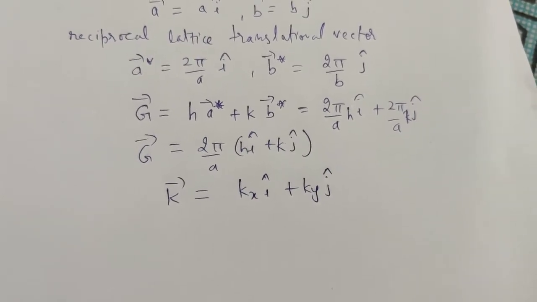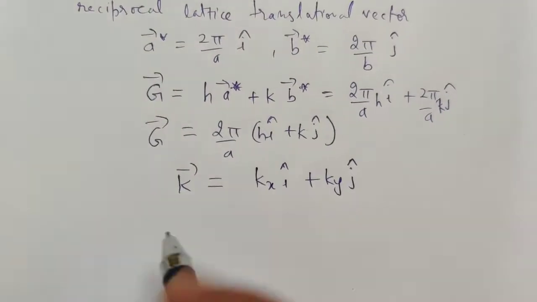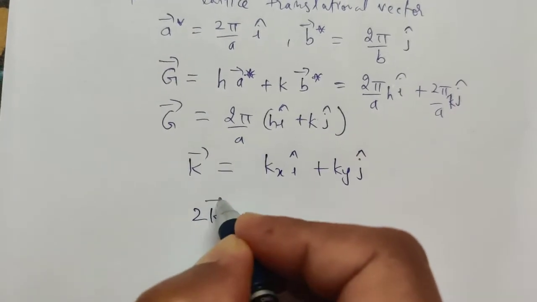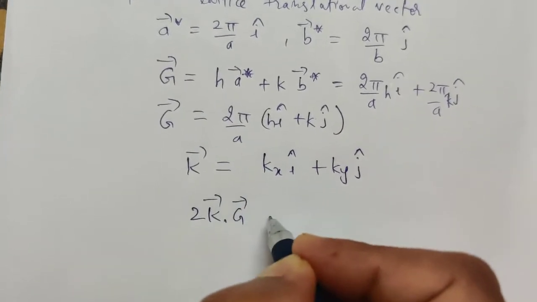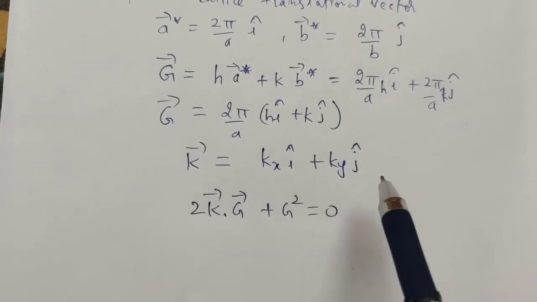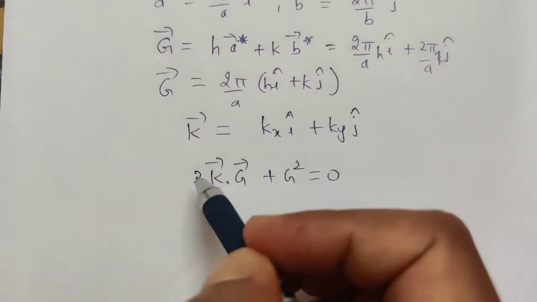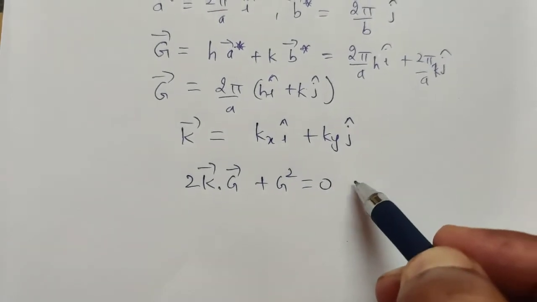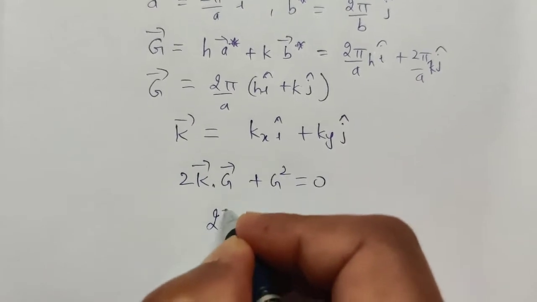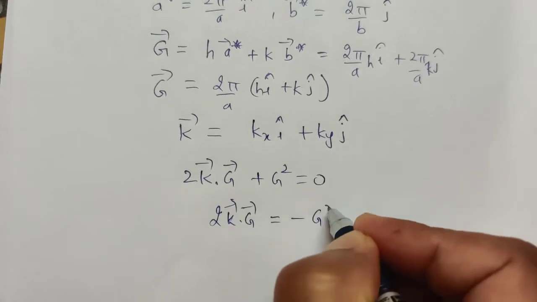So now if an X-ray is incident on some lattice point of your square lattice, so then for X-ray diffraction to happen, the Bragg's condition will be satisfied. Since in the reciprocal lattice your Bragg's condition is given like this in vector form. So for X-ray diffraction to happen inside your square lattice, this condition should be satisfied. This is the Bragg's condition in reciprocal lattice, or Bragg's law in vector form. So this will be 2k·g equal to minus g squared.